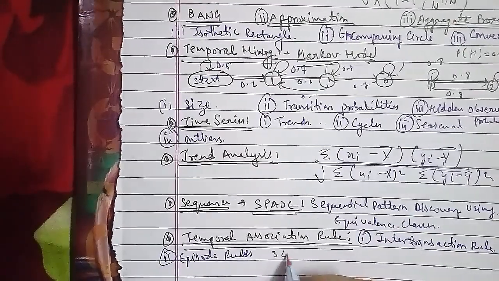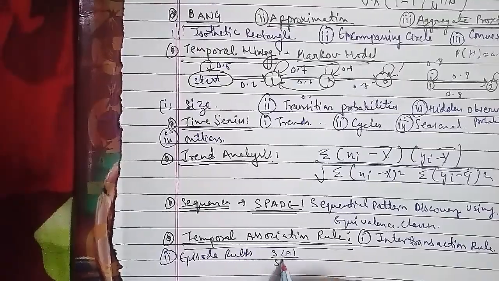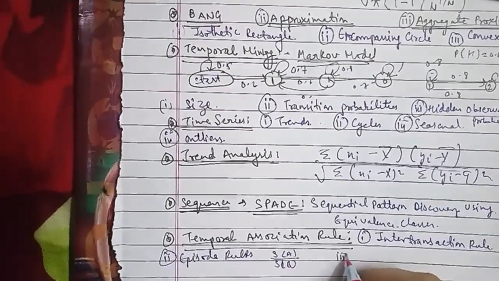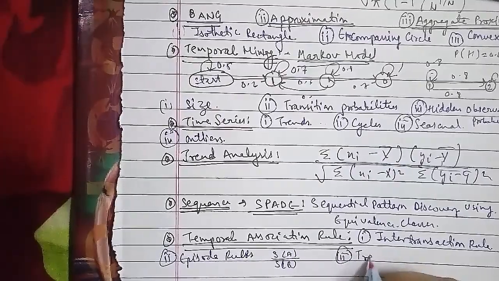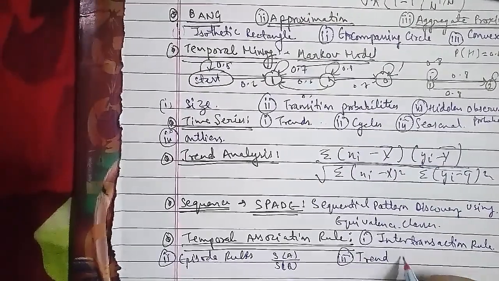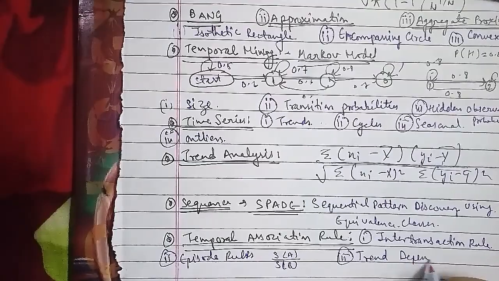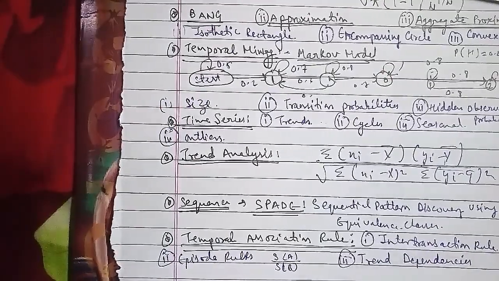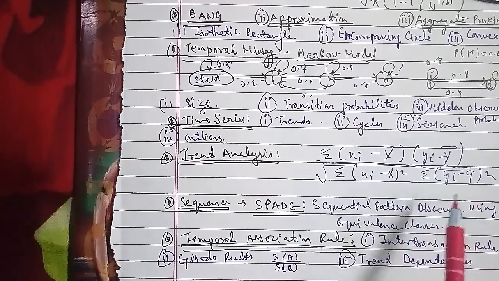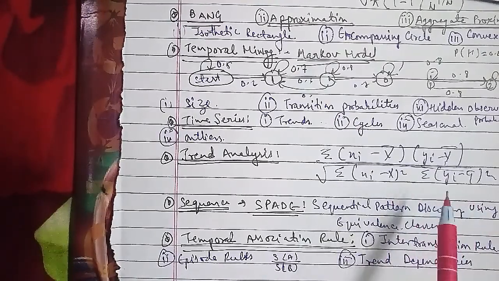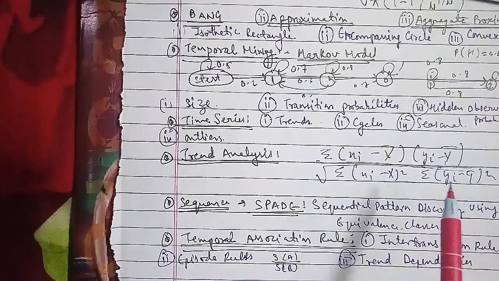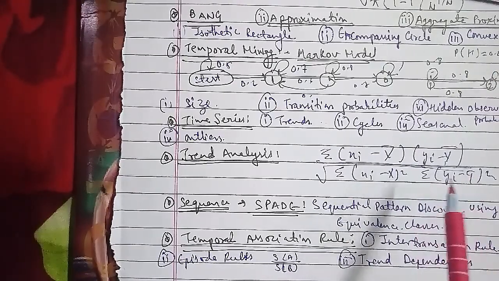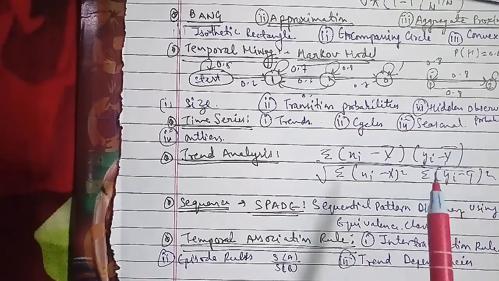Now I'll talk about the third one, which is trend dependencies. Trend dependencies are like association rules in that they compare attribute values, but they do so over time. Let R be the schema containing the attributes A1, A2 to AM, and the domain of each attribute Ai must be a totally ordered set.